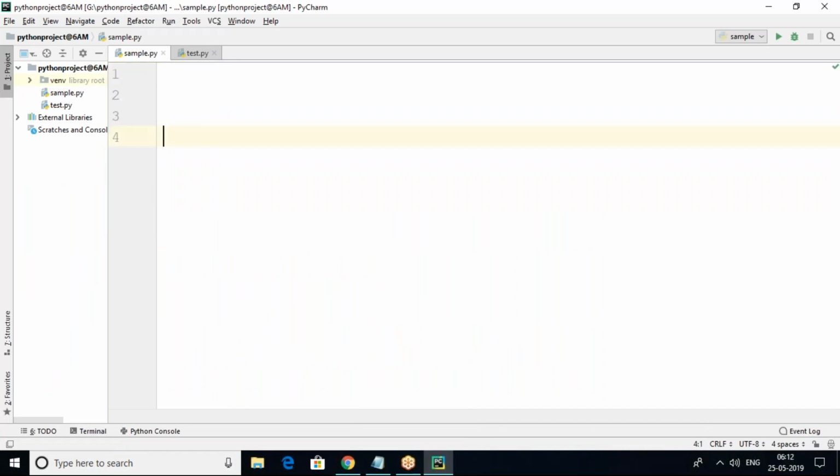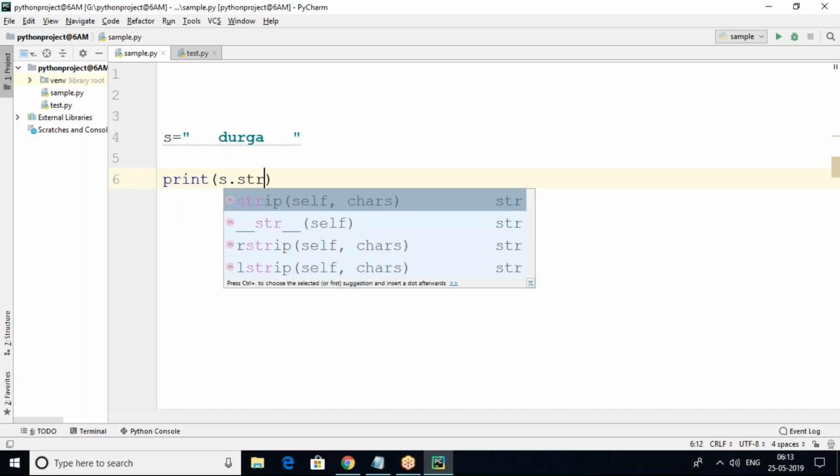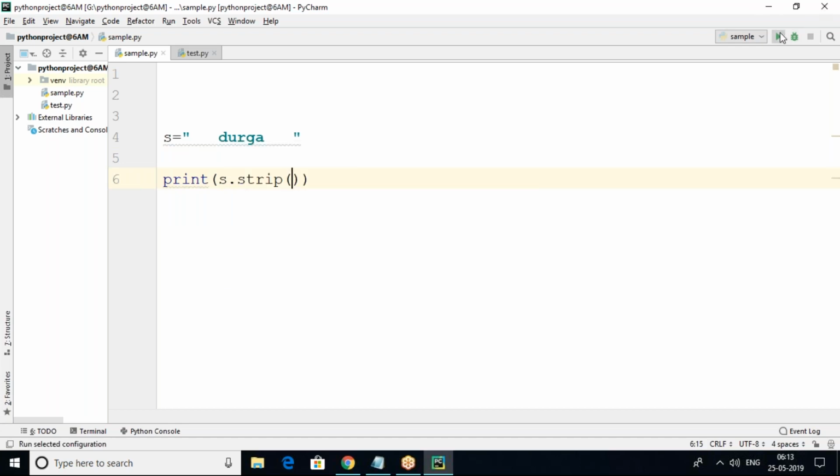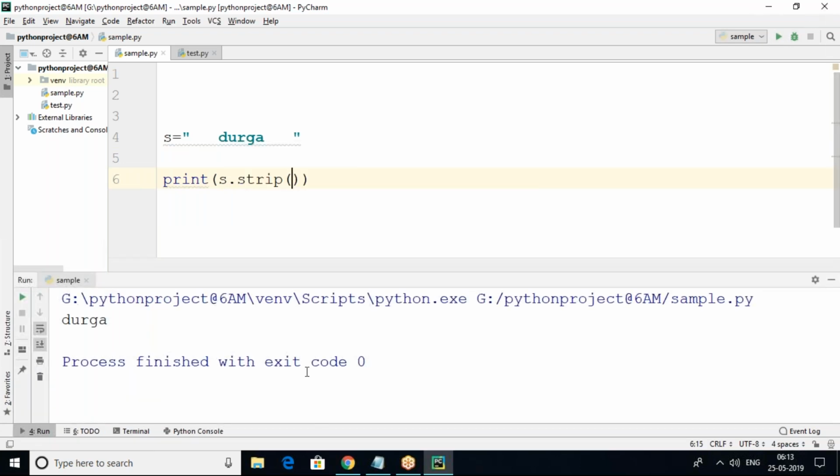For example, I have a string like s equals, here I'm giving some space, and here also I'm giving some space, leading and trailing spaces. Then I print s.strip(). The strip method removes leading and trailing spaces like this.